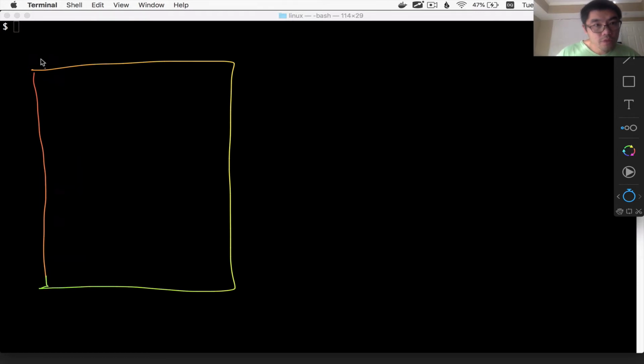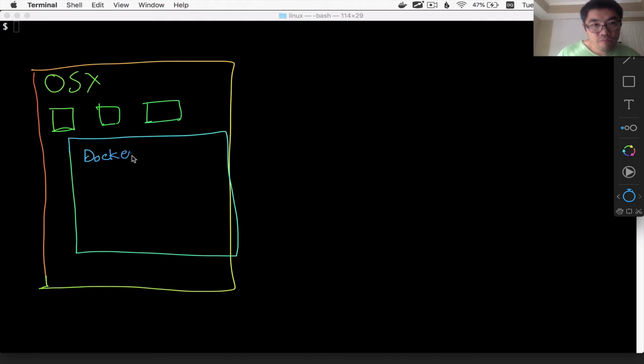All right, let me take a step back and explain what Docker does and how Docker works. So again, you have your computer, which in my case is Mac OS 10. And inside of Mac OS 10, which has a bunch of different software running inside it, one of them is Docker. And Docker, you can think of almost like its own operating system.